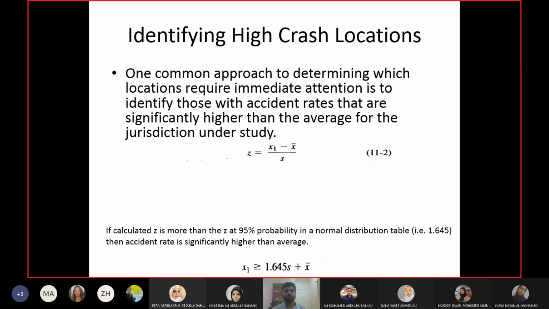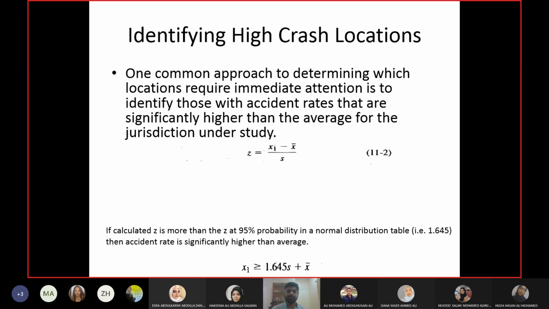Okay, another approach of identifying the high crash location is applying the z-test. Now, we have used a z-test for the spot speed case as well. For the spot speed topic, we use a z-test there as well. So it is the same z-value, that is standard normal distribution. If you remember, we performed the z-test to compare between the average speed before and after study. It was for a before and after study, and we're comparing the average speed there.